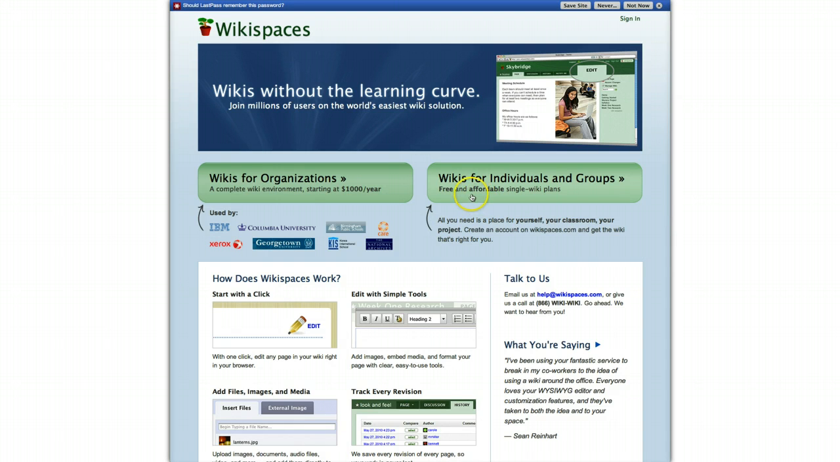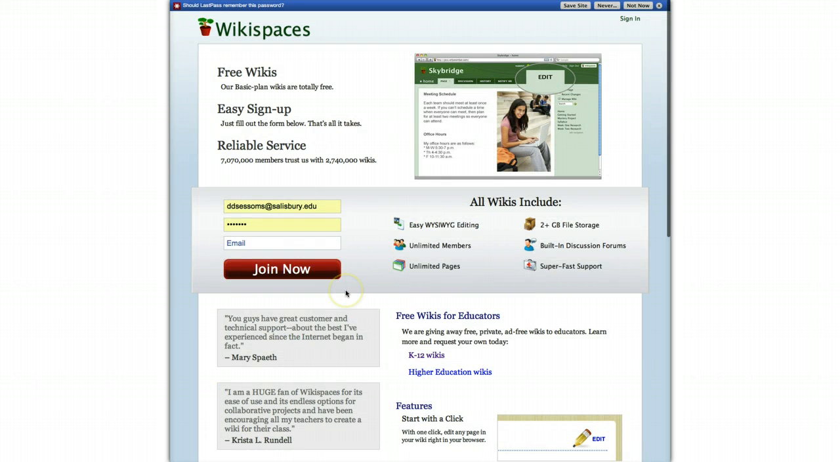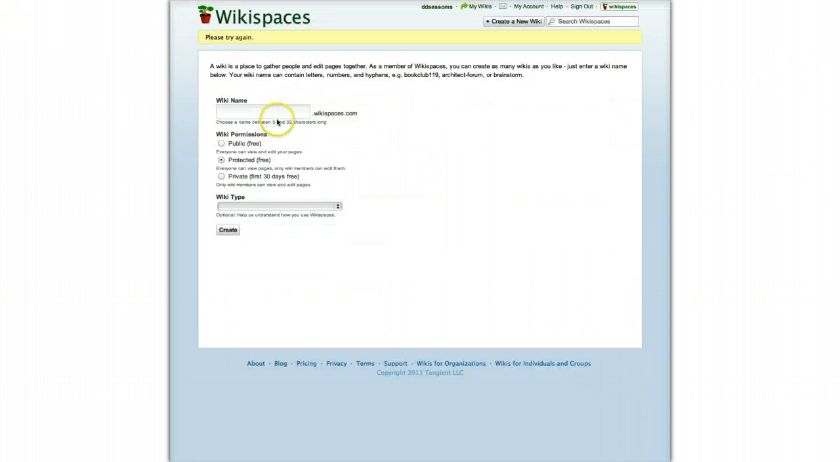Once you arrive on this page, you want to select the wikis for individuals and groups. It will take you to this page. The next thing you'll do is click Join Now. Once you click on Join Now, you should come to this page, and it should allow you to enter information